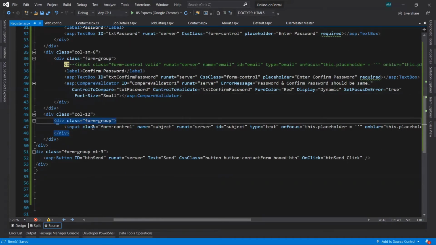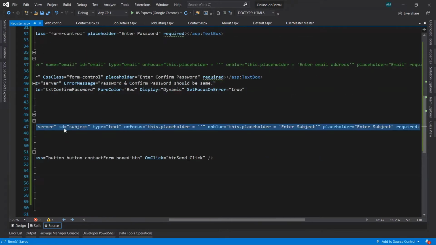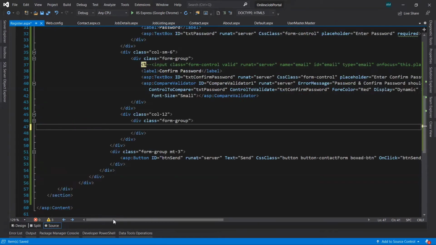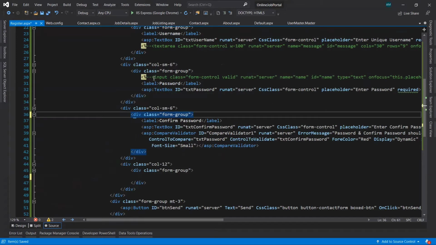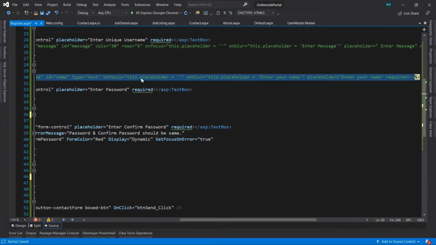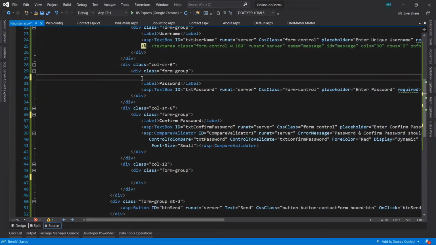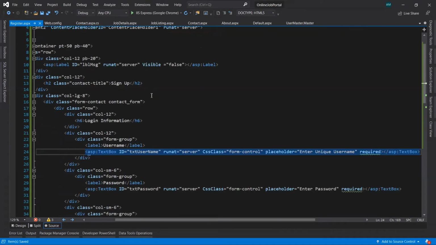Now here, comment this line, we can remove it also, we don't want that, so we'll remove all the comments.